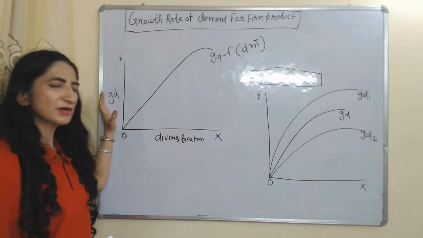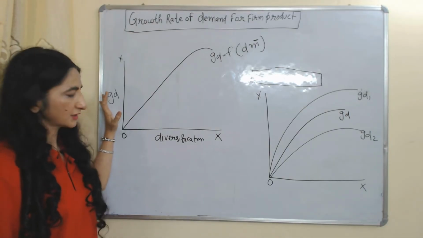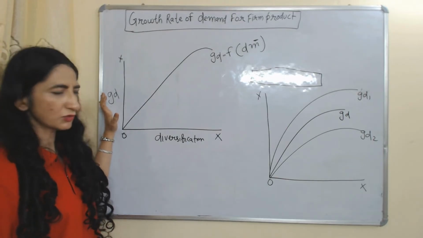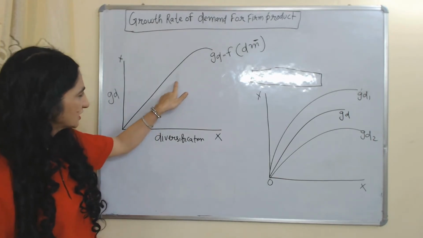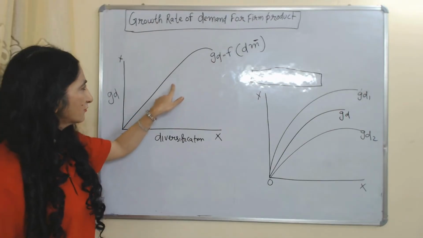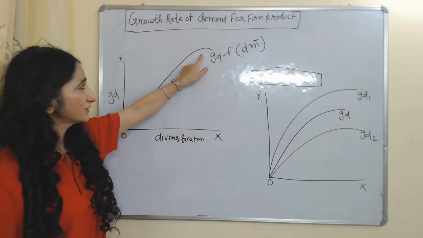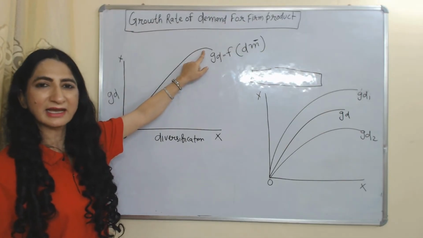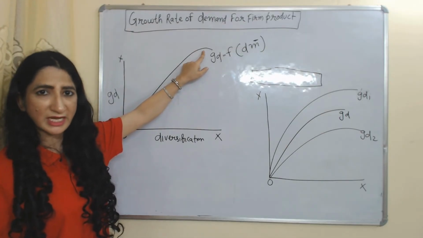On the y-axis we have the growth rate of demand for the firm's product. As diversification increases, the growth rate of demand for the firm's product also increases. You can see that as diversification is increasing, the growth rate of demand is also increasing. But after a certain time period, the growth rate of demand for the firm's product starts declining because now our technology has become